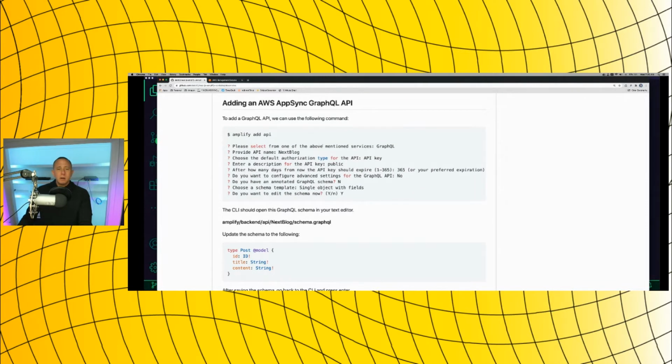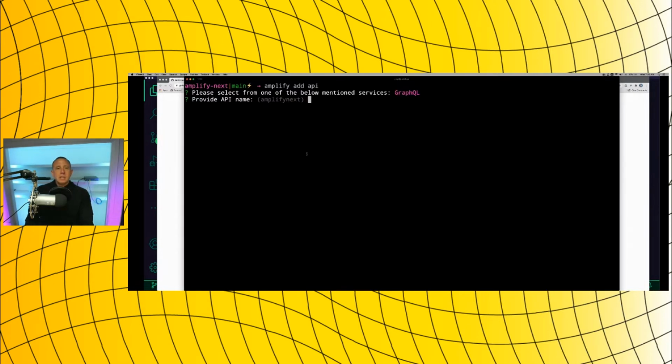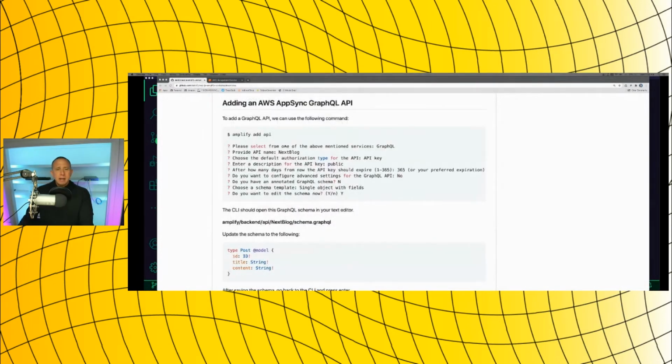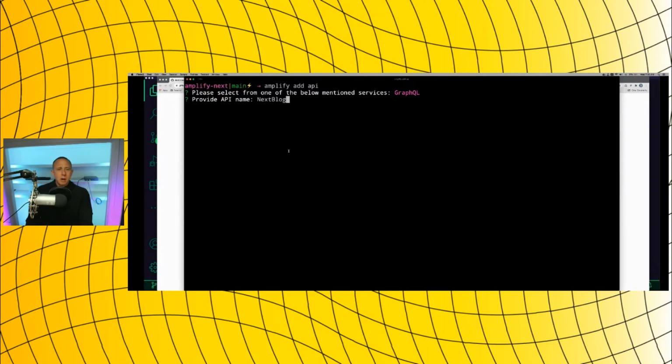It asks us what type of API we want to create, because you can either create a GraphQL API or a REST API, give the API a name, and choose some authorization types and stuff like that. We're going to walk through that now. For the API name, I'm going to call this Next Blog. For the authorization type, I'm going to choose API key for now,